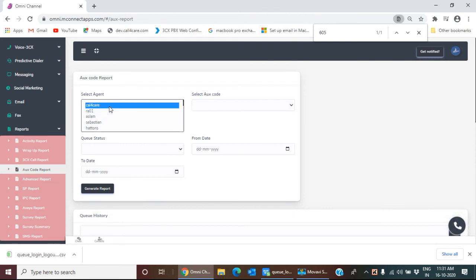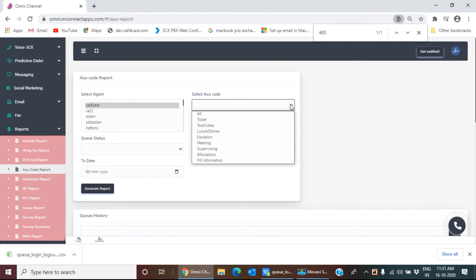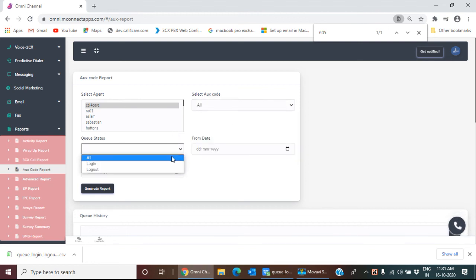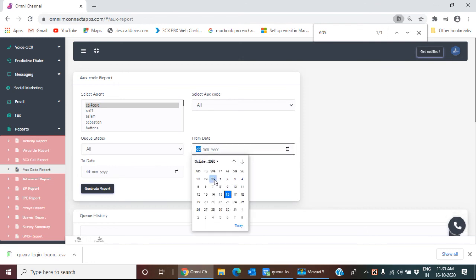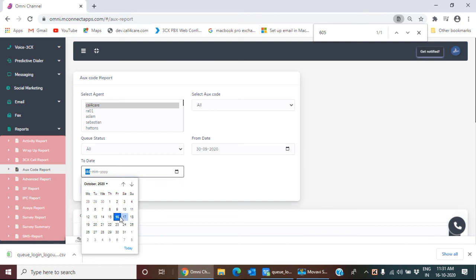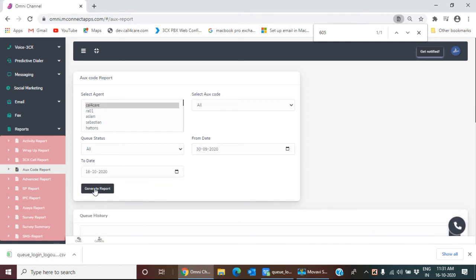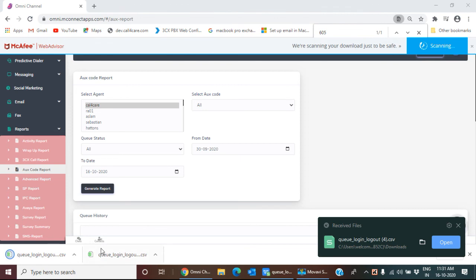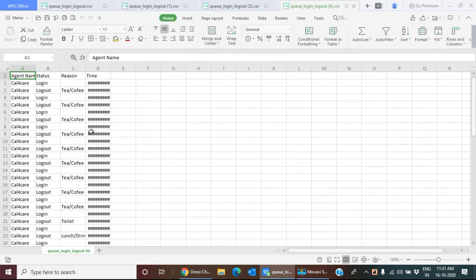You can choose the agent, you can choose the aux code, you can choose the queues. You can choose the day from which you want the report. You can choose the day till you want the report and click on generate report. An Excel will be generated. If you open the Excel, you can find all the details.